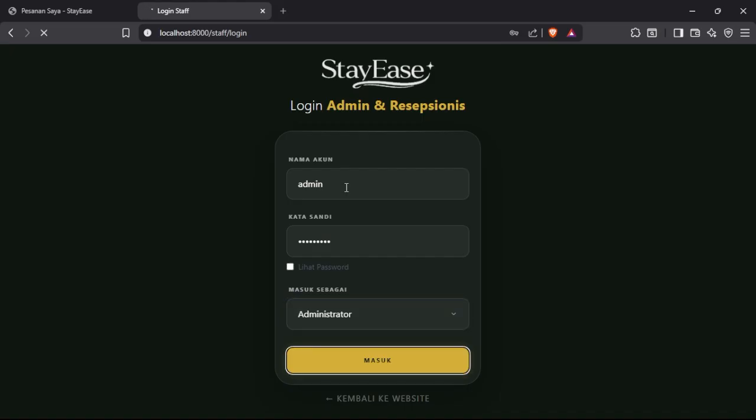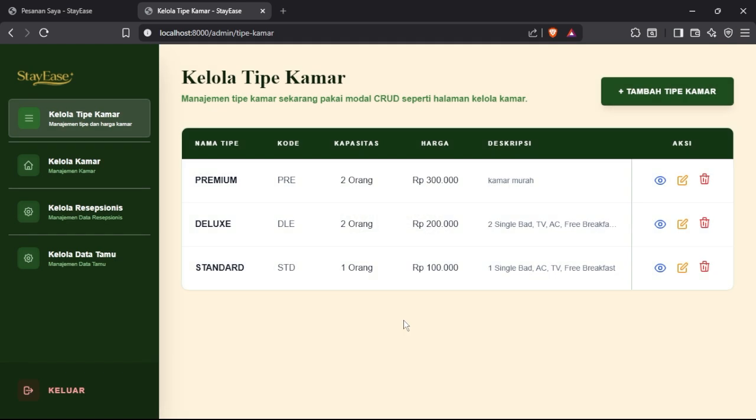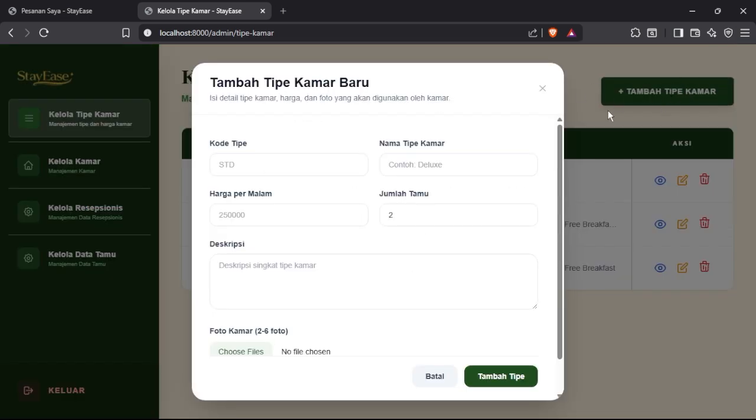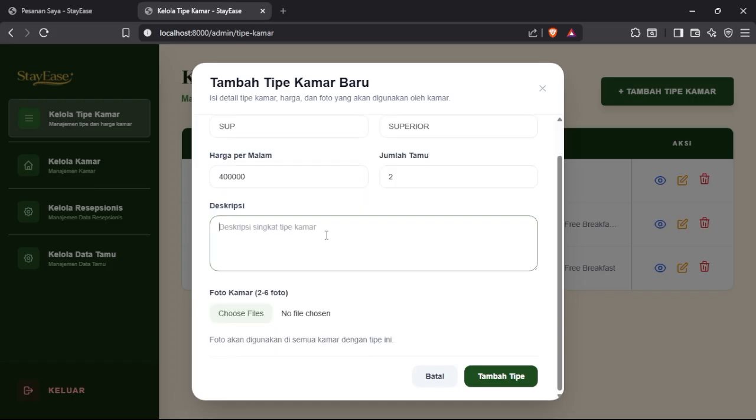Then the admin can add a room type by clicking this button and then inputting the data like the type code, the price, the capacity of the room, description, and the photo of the room.